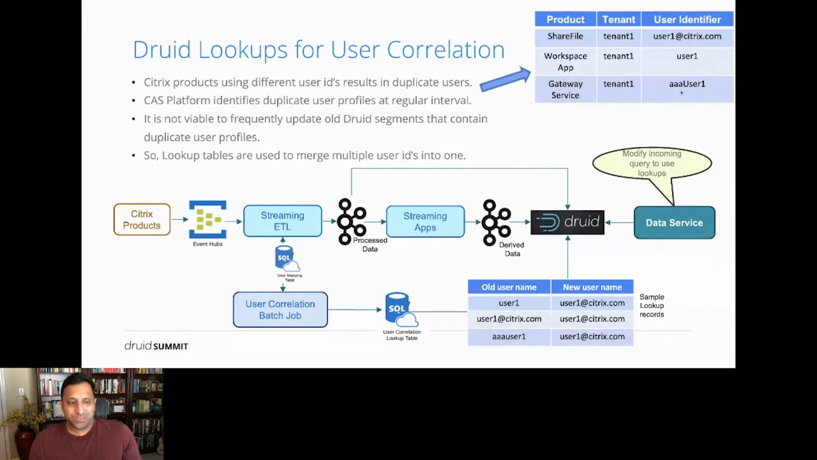While updating Druid is possible, it's not viable to frequently update these Druid segments, because this is not a one-off thing. We might have to do updates every 1 hour. So instead of doing that, we use lookups to correlate these users. We create a user lookup table. See how all these three different user IDs point to the same username in the table over here. We routinely refresh this lookup table,